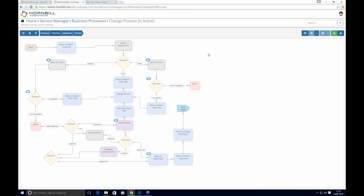But when you're looking in the context of change and you're configuring things like impact assessment tasks, backout plans, authorizations, routing, round-robin assignment, email notifications, checkpoints, decisions, all of that can be built simply and powerfully in this particular tool. And all of this, if you like, perceived complexity can be hidden from the end users behind the graphical heads-up display that we briefly saw on the self-service portal, but I shall come back to that in a little bit more detail now